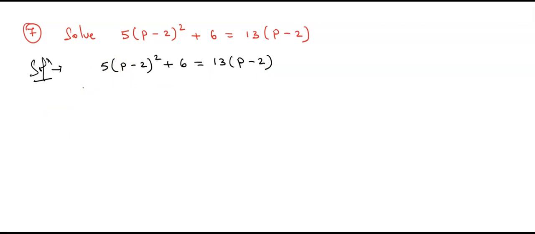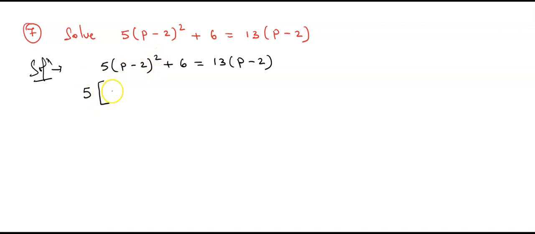Now first let me, here you can use the reducible pair method also, but still we have two methods to solve this problem. It's up to you, as you feel which is better you can do it, okay? But usually I hope you may be knowing this method, you can try this method only. Okay, 5 you write as it is, it's a coefficient, open the bracket, p minus 2 whole square, it is in the form of a minus b whole square.